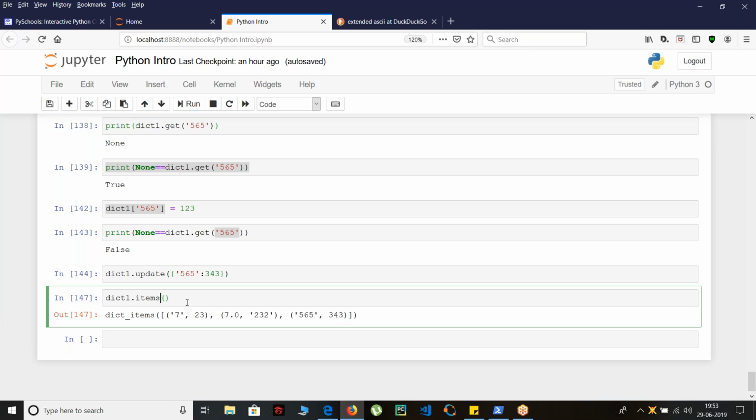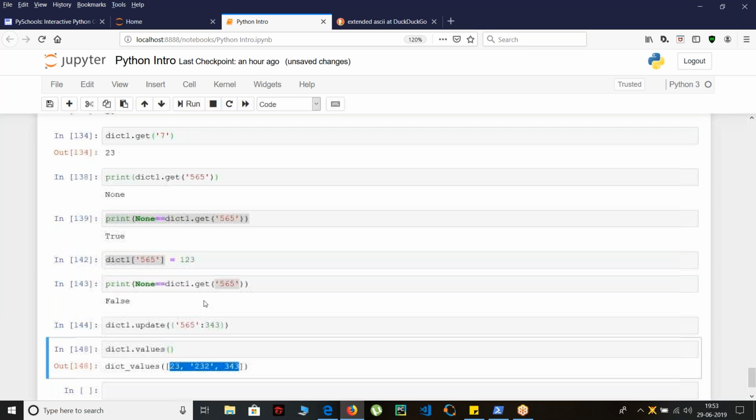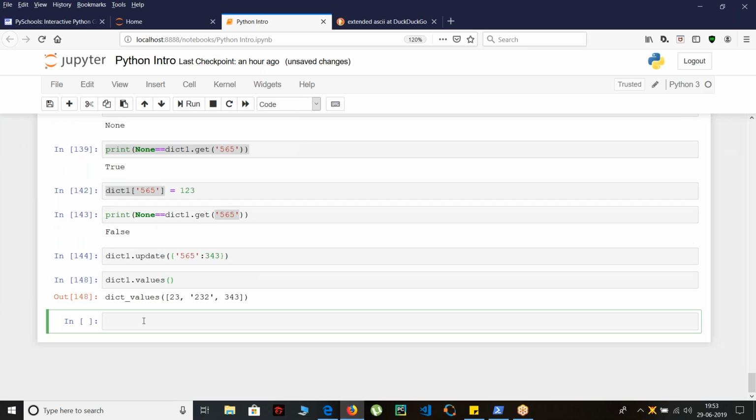And you can also, if you want, get only the values present in the dictionary. So you will get a list of values present using this function. So these are the basic dictionary functions which you can use. And yeah, coming to your question, Dinesh, we have another object which is called